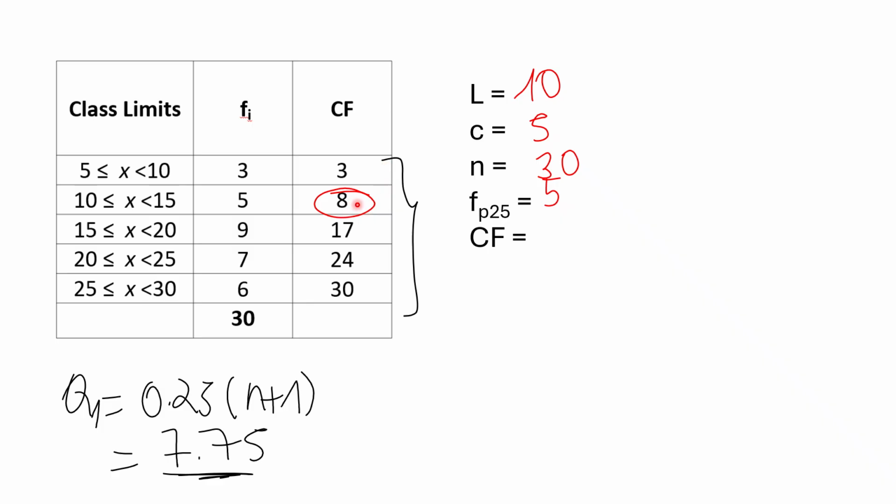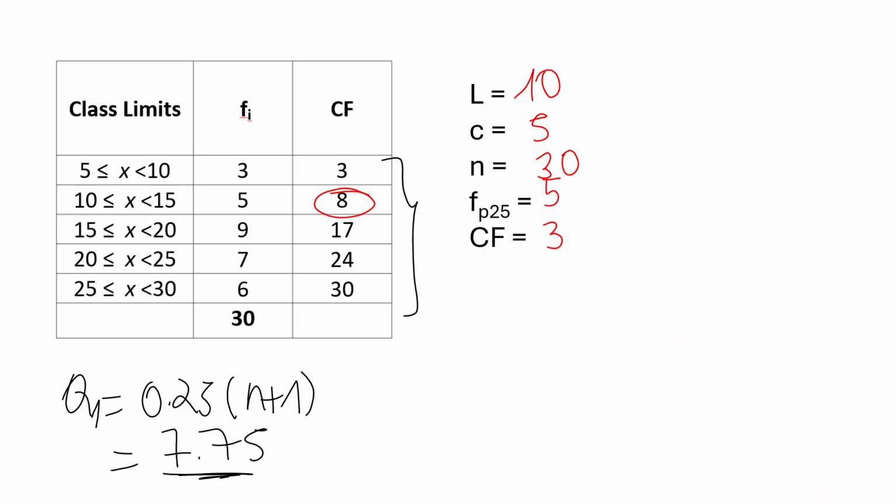So let's say if our Q1 was somewhere here, let's say it was 24, we would have taken 17 as our CF, the cumulative frequency. That's why we have 8 here, and I take the cumulative frequency before the Q1, so before the percentile. So we just take 3 here. Now let's go back to the formula,